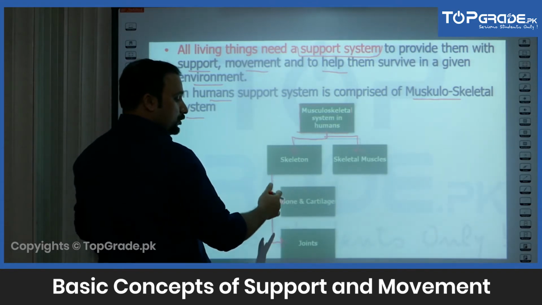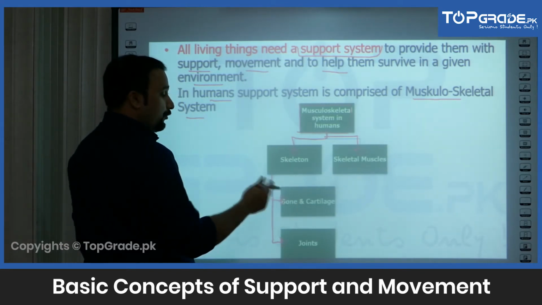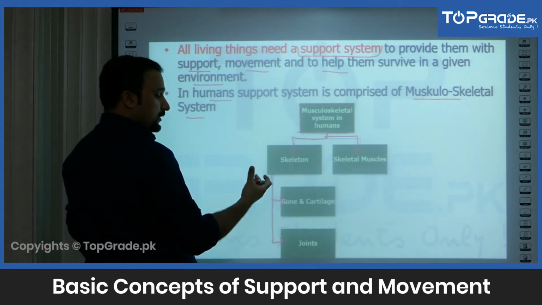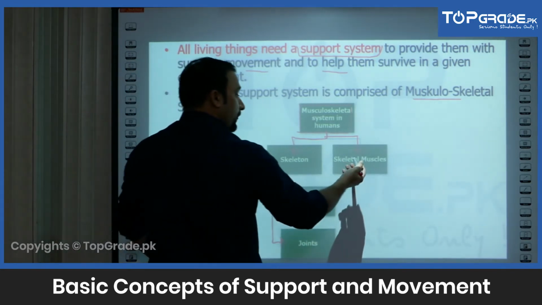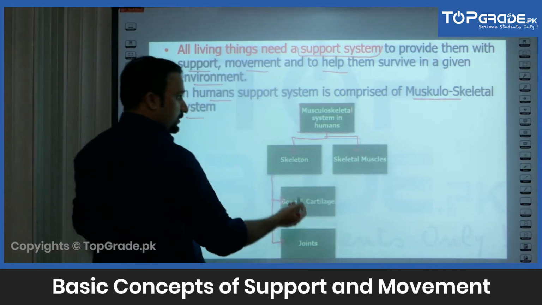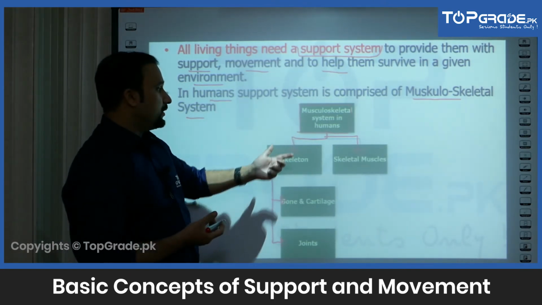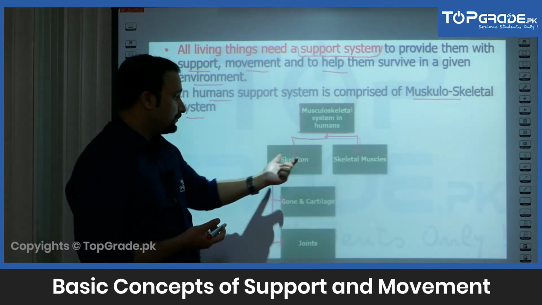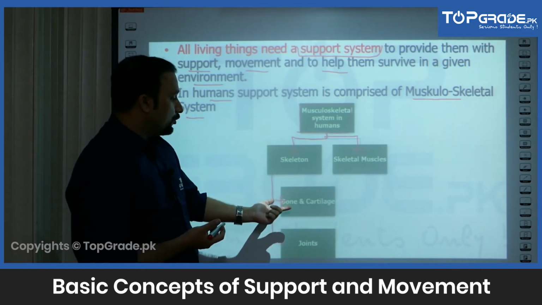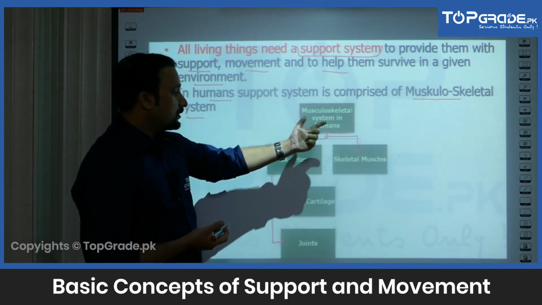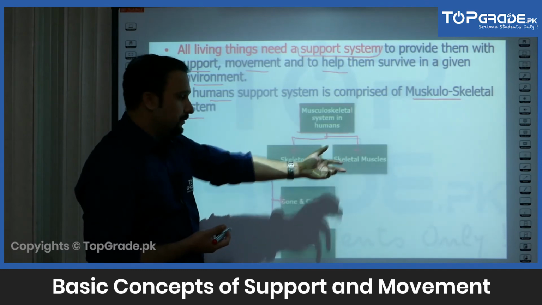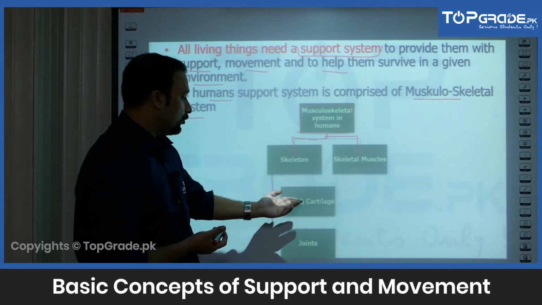So bones का जो bones के साथ communication है classically that's the joint. So joint is any point where two or more bones they join each other, right. And then we have got the skeletal muscles. So ये overview है overall हमारे पास musculoskeletal system का in the human. So हमारे पास skeleton है और skeletal muscles हैं, and skeleton में bone और cartilage है और joints हैं, और then we have got the skeletal muscles. So ये जो different segments हैं जैसे bone, cartilage, joints और